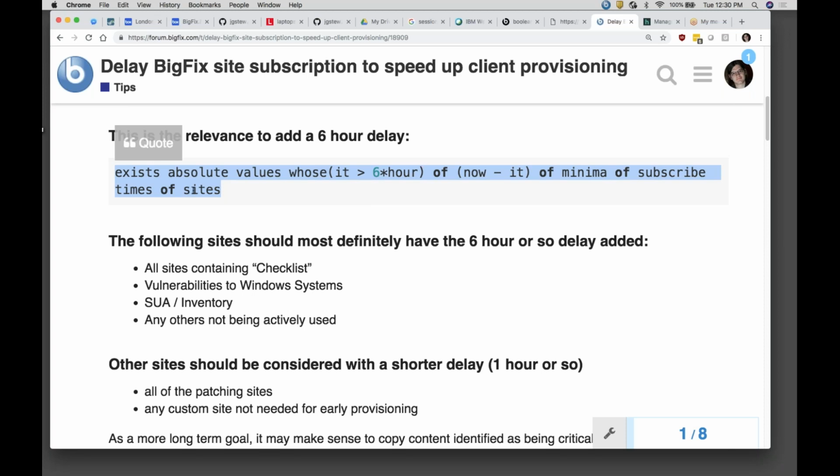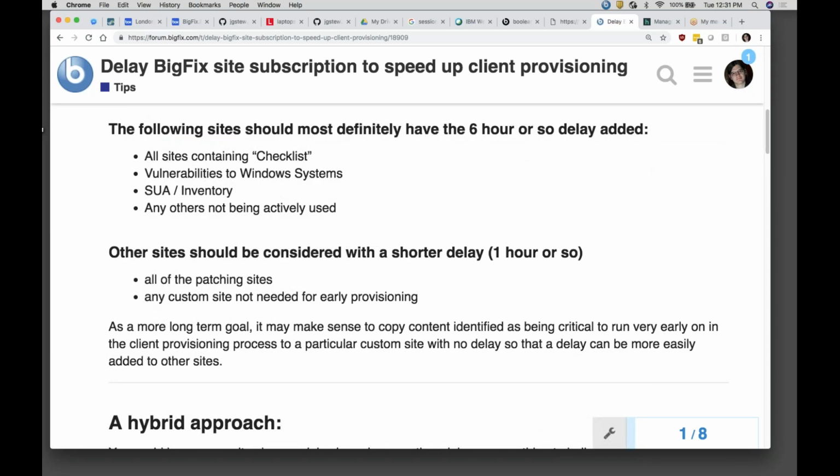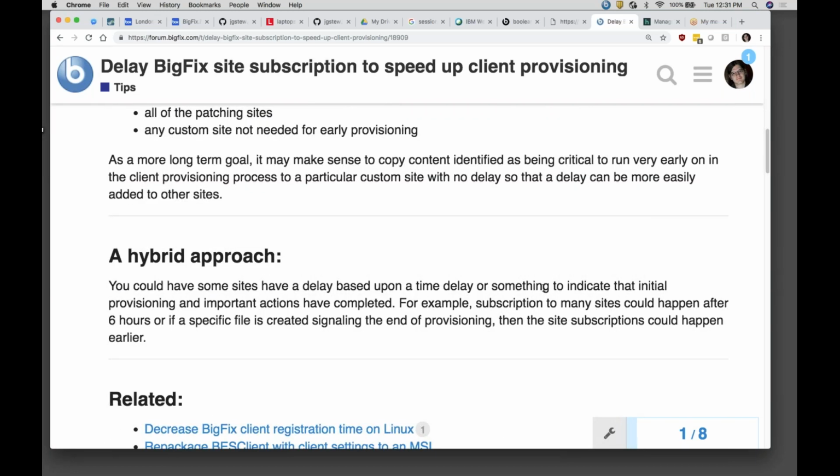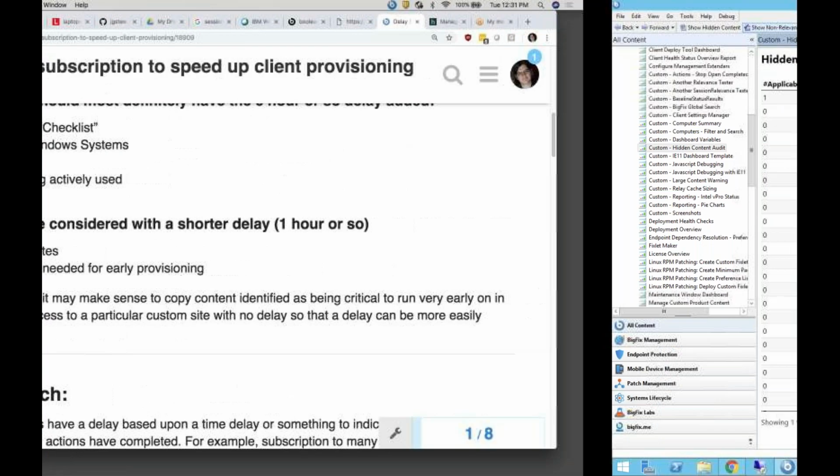And you can also have a tag that happens at the very last baseline that Damon talked about, where the very last thing in the last baseline would tag the system as finished with initial provisioning. And then that could make this timeout happen quicker. So instead of waiting the full 6 hours, you may wait less. And I have a bunch of different recommendations for some that you may not need right away, including patching sites. And if you have custom content sites that systems don't need to worry about right away, you can do that as well. And so